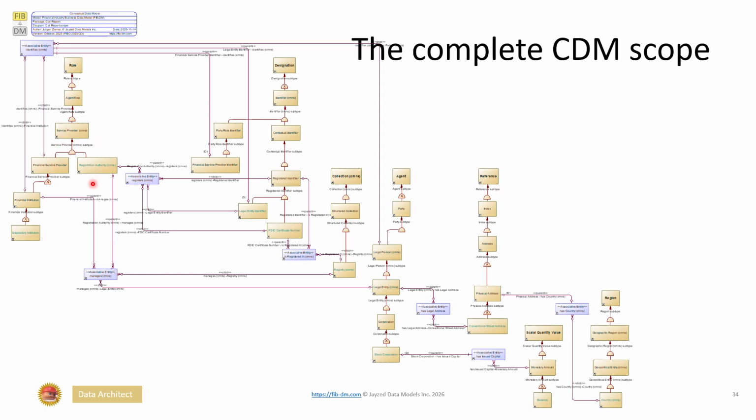The registration authority is also a service provider, and it manages the FDIC registry, and it registers the FDIC certificate number, and in turn the legal entity, the legal person, is registered